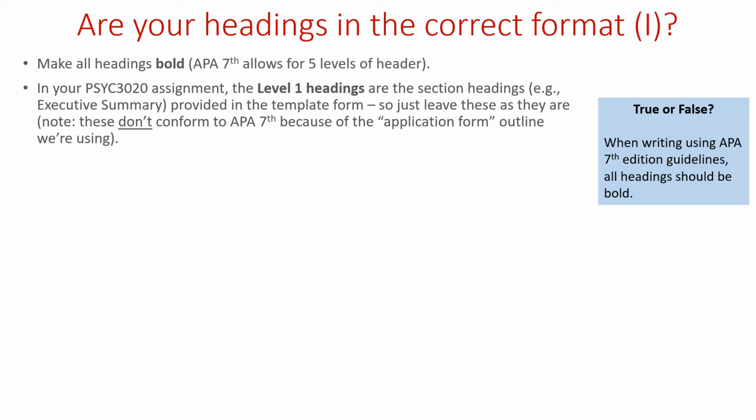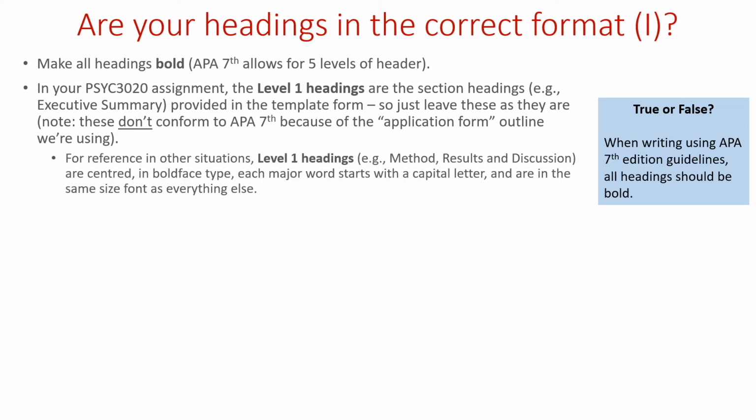Right, so specifically for the 30/20 assignment, the level 1 headers are just the section headers, which are actually there already for you in the template. So things like executive summary. So just leave those as they are, okay? And those don't conform to APA 7th because of the application form template that we're using that I already mentioned. But just for your reference, in other situations when you're going full on APA 7th, then these level 1 headings should be